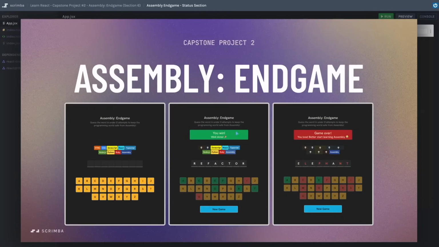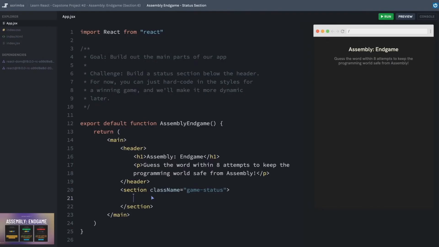The style for the you win text inside of this status is not only a little bit larger, but the semantic meaning of it, I think, holds a little bit more weight to the status of the game. So I'm going to make it an H2. We've already used an H1 on this page, so we'll just move on to the next one, and we'll hard code in you win. And then below it, we'll just put a paragraph that says, well done. Awesome. Okay, I'll hit save so those elements will show up on the page. And yes, we have some styling to do.